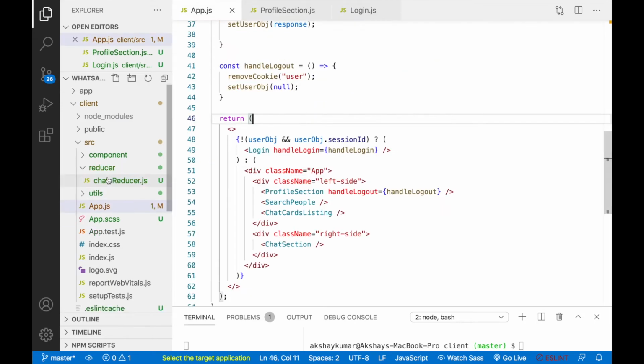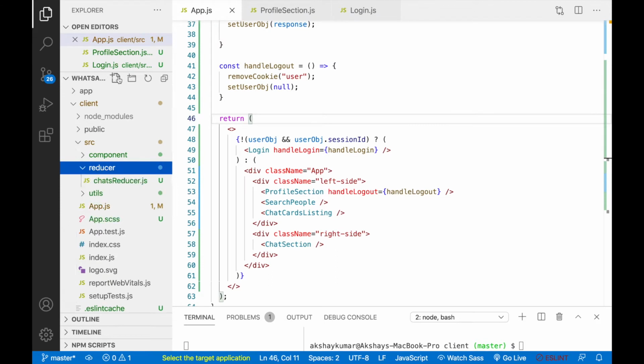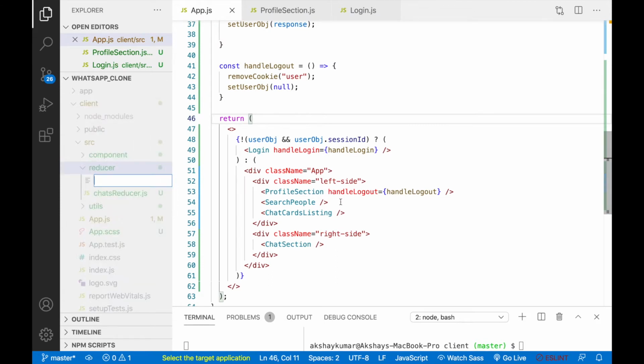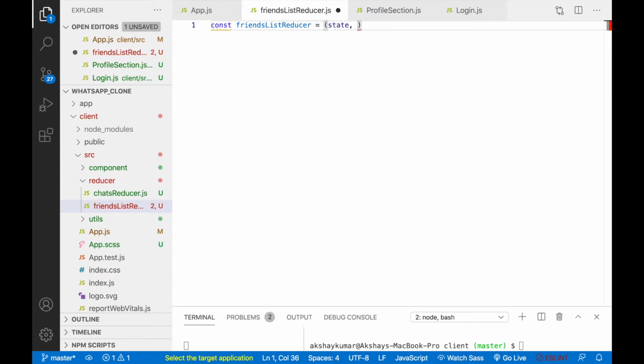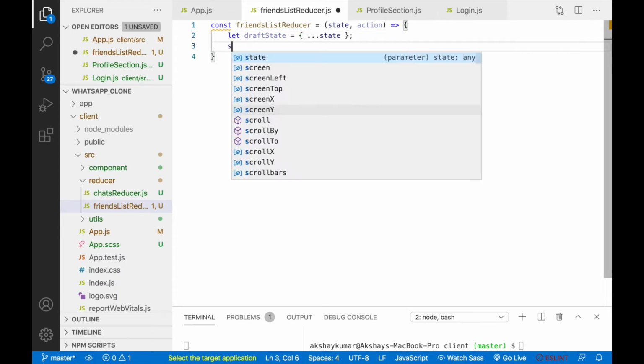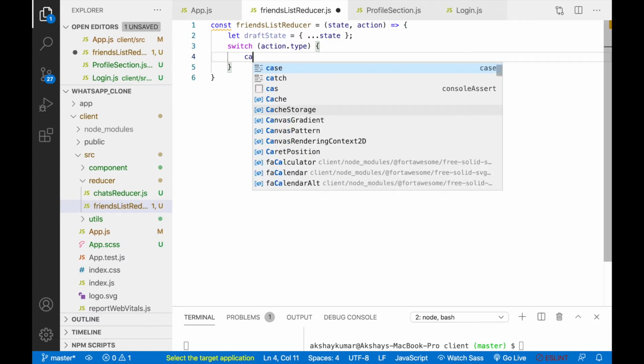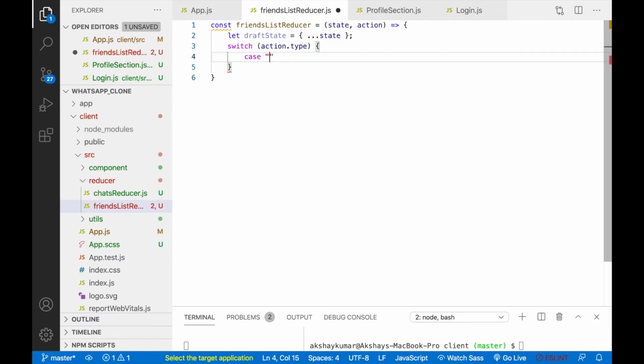The next reducer will be friends list reducer. We'll write const friendsListReducer equals state comma action. Let draftState equals spread the state. We'll write some switch cases. Our first case will be friends.